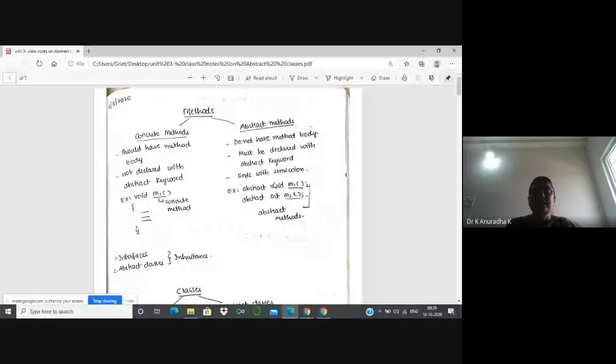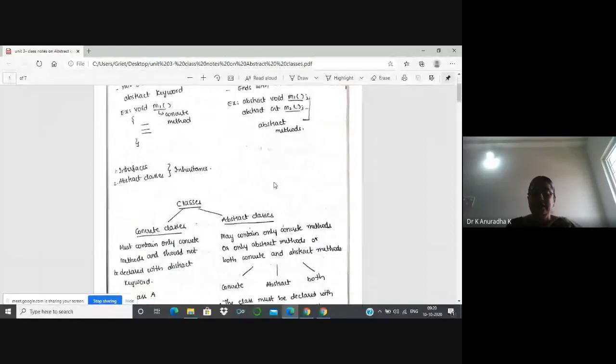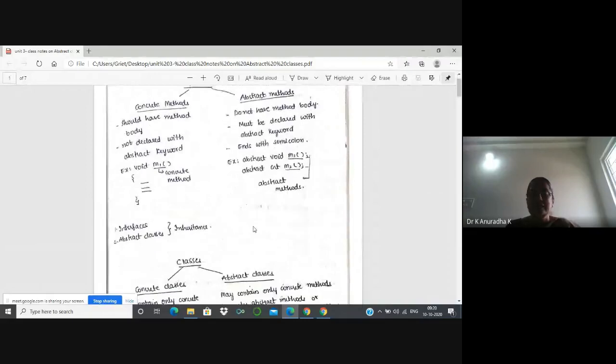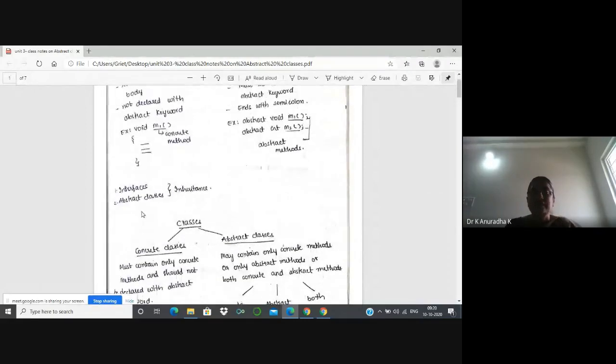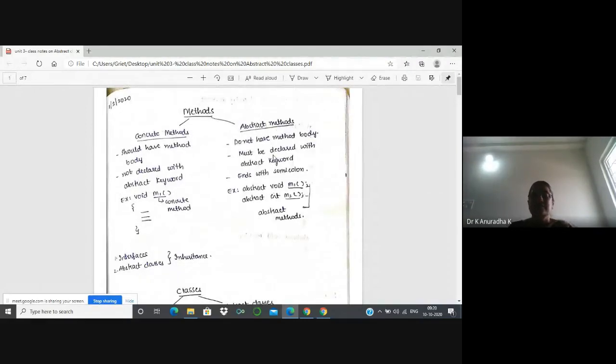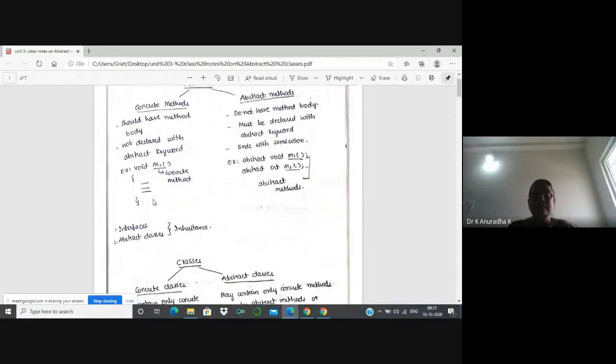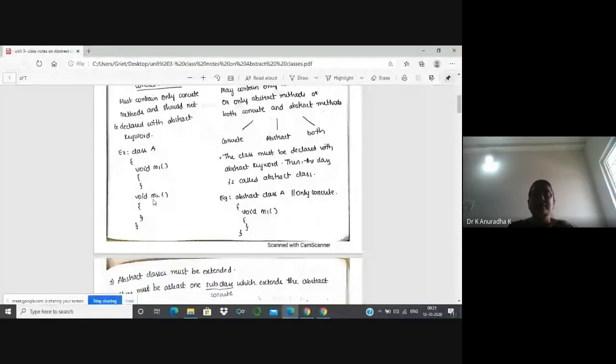Now I will explain concrete classes and abstract classes with respect to concrete methods and abstract methods. Already we understood the difference between concrete methods and abstract methods, so now you can easily identify whether a method is a concrete method or an abstract method. After identifying these 2 types of methods, I will explain the differences between concrete classes and abstract classes.